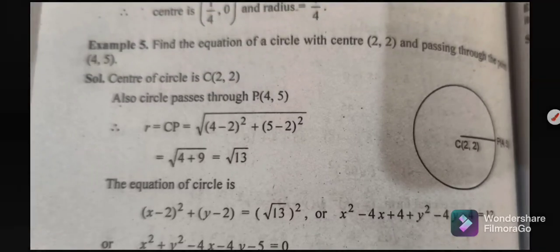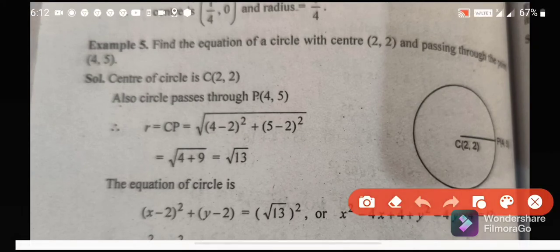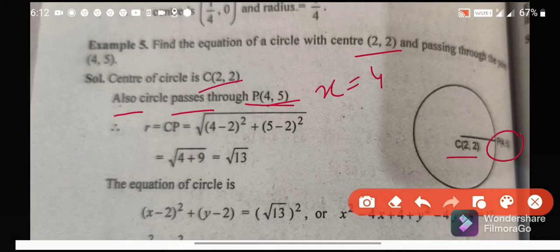Next question. Find the equation of the circle with center (2, 2) and passing through the point (4, 5). This is the circle, and the center is given as (2, 2), and it passes through the point (4, 5). Now the center of the circle is this. Also the circle passes through this point. If the circle passes through this point, then this point satisfies the equation of the circle. That is, put x is equal to 4 and y is equal to 5